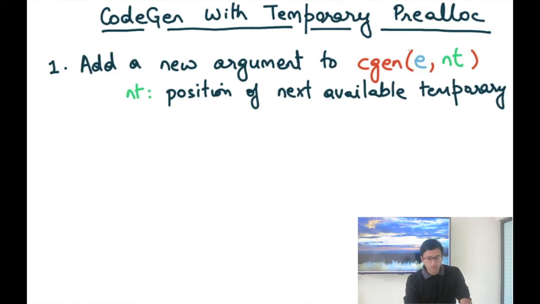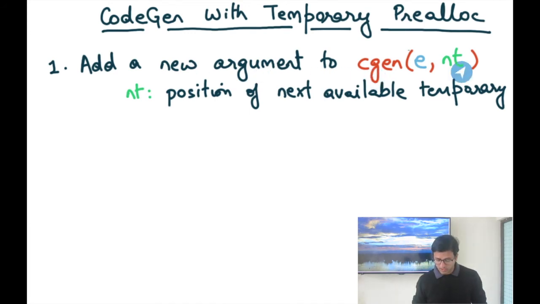Okay, so we just discussed how you determine the number of temporaries you need for a function body. We also discussed the new activation record structure that needs to be allocated so that you can pre-allocate that many temporaries. But then how do you generate code to use these pre-allocated temporaries? Earlier our code strategy was just allocating and deallocating temporaries on the fly, but now I want to use these temporaries as well. And so to do this, I'm going to add a new argument to our cgen function,